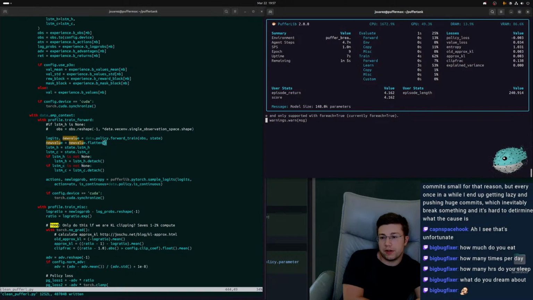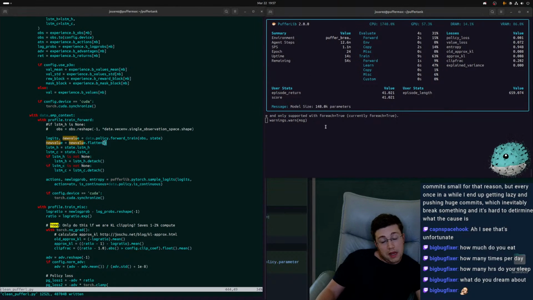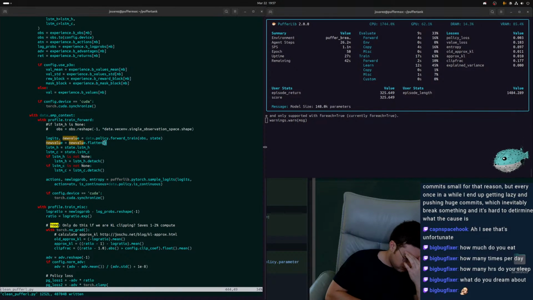PyTorch is really stupid. If you forget to squeeze a dimension, it'll just broadcast, and then you're doing some crazy operation that doesn't even make sense. Okay, so that's back to training, at least. We have a million things to make work, but this is the base.